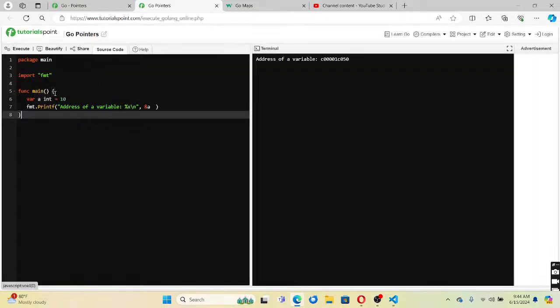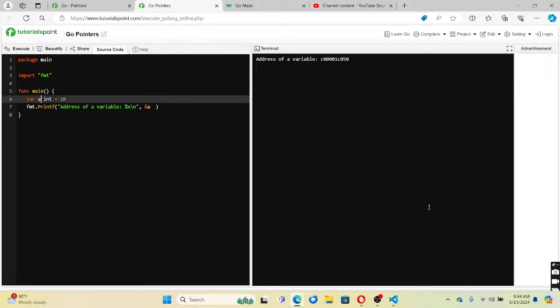So if you see, a variable is declared and memory is like a table. Let us take two columns. One is the memory address and the second column is values. Let us describe this in